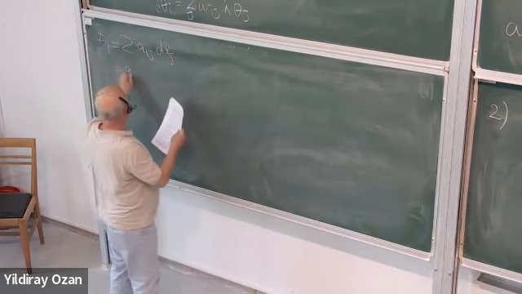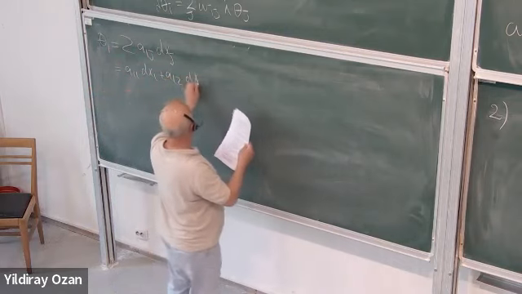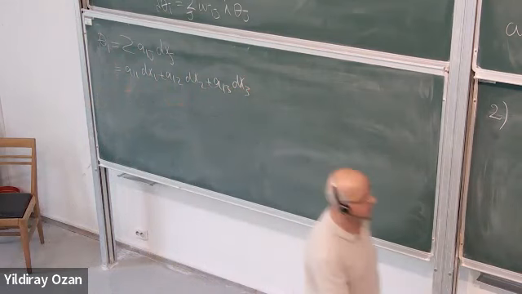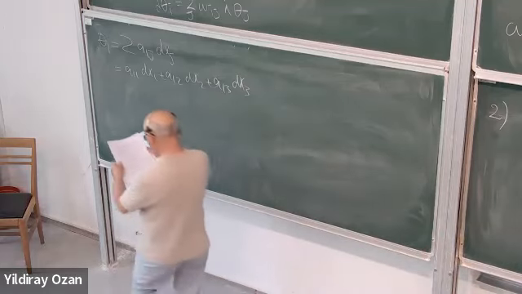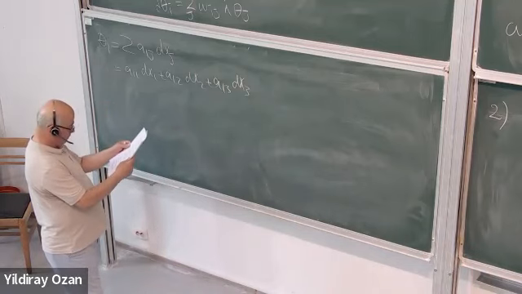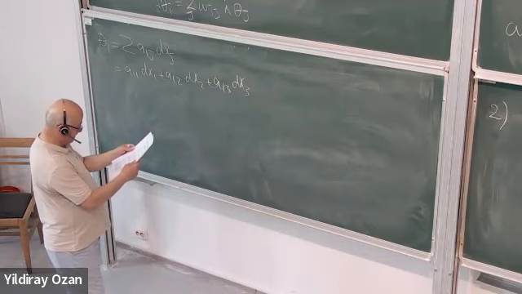So this is just A11 dx1, A12 dx2, and A13 dx3. Okay. So I am using this formula over here. And if you compute this,